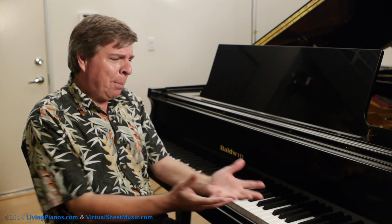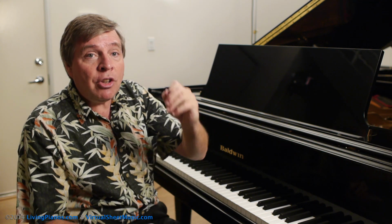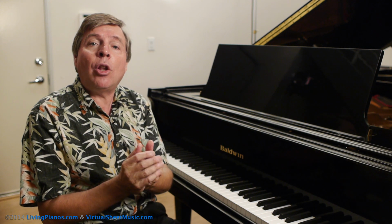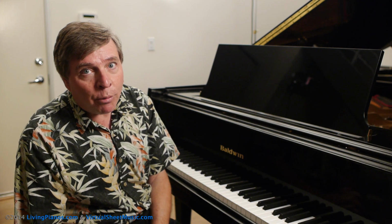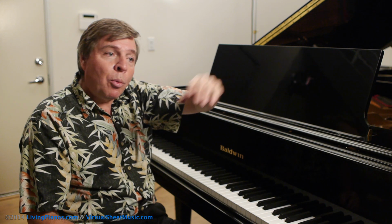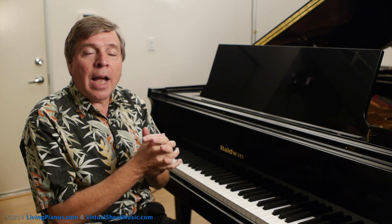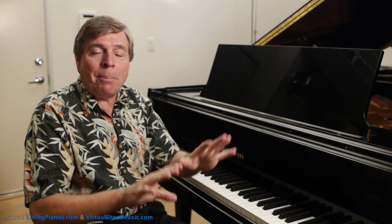How can this be? How can a piano decades older have better strings than this newer piano? It has to do with the environment. You see, the strings of your piano don't actually age except for the elements. So a piano that is in a very humid environment, like a beach piano, for example, I've seen pianos that were in beach apartments or homes with the windows open and the piano left open, where it was completely rusted out, with strings breaking, completely gone in as little as a decade, 10 years, boom,